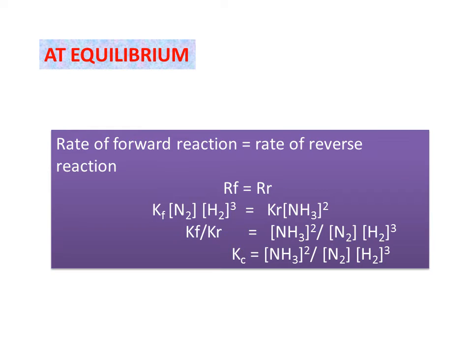We can also write Kc for this reaction instead of Kf divided by Kr, because Kc is equal to Kf divided by Kr. So we can also write Kc is equal to concentration of ammonia divided by concentration of nitrogen and concentration of hydrogen. Okay, the next one is